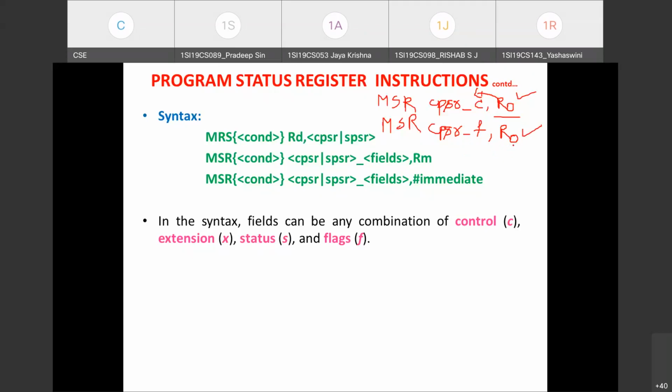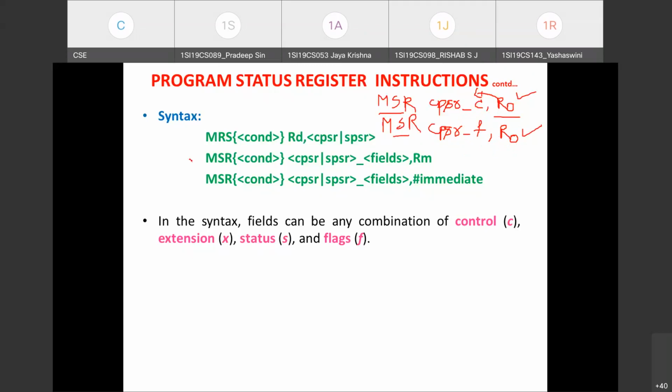You know R0 is also a 32-bit register where you find 4 bytes. The most significant byte in the R0 register will be written to the flag field in the CPSR register. So whenever you are writing MSR, you have to mention to which field you are going to write the data. This is the syntax.